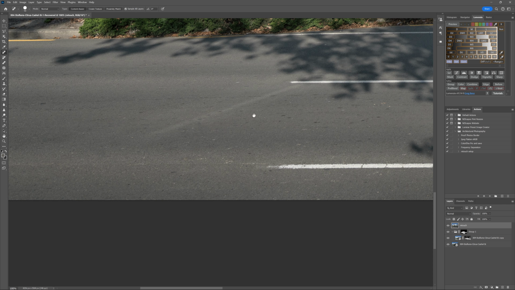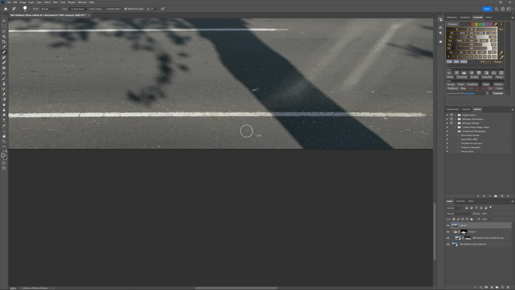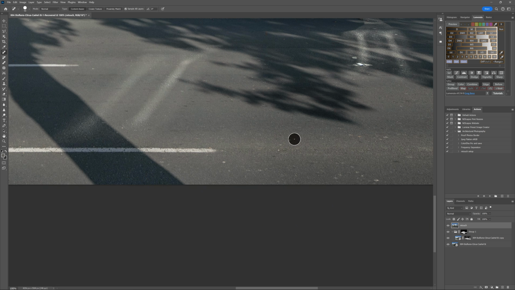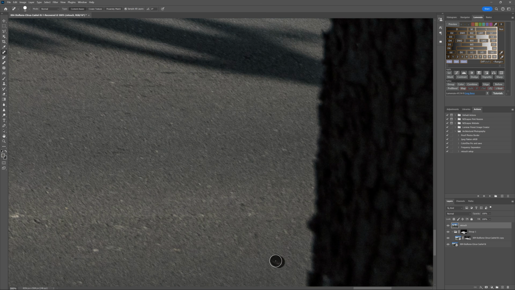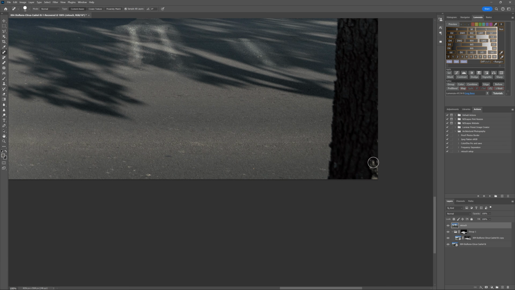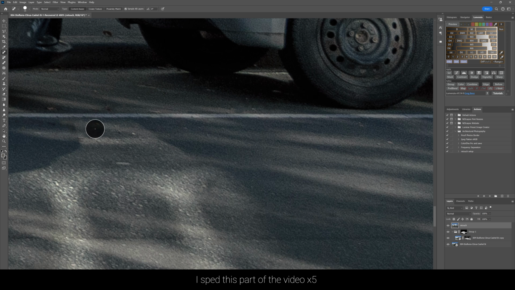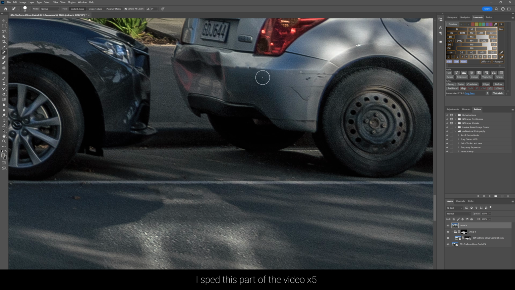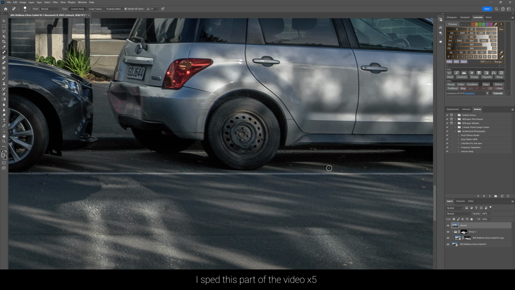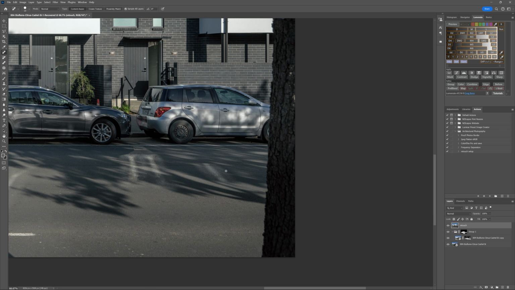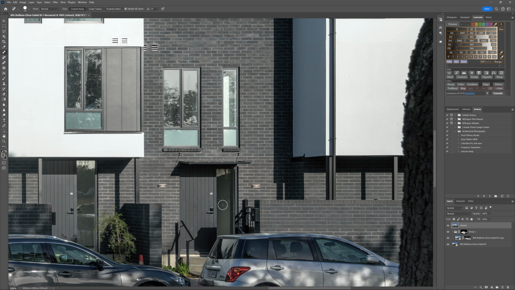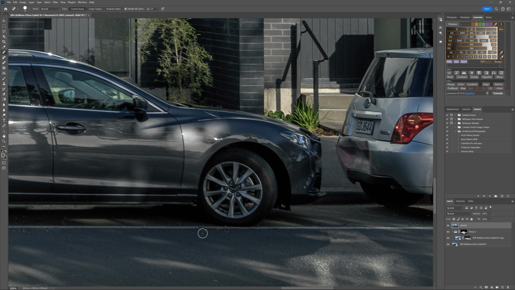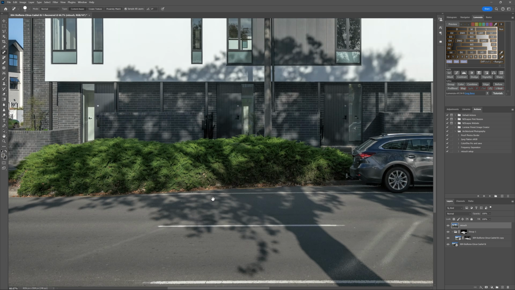You can usually have a brush that's quite a bit bigger than the area you're trying to clean up, and it will leave those pixels that aren't distracting alone and enable you just to come and click over the little things that just catch in your eye. It's actually pretty easy to get lost in the weeds when you're doing something like this, so I would recommend you set yourself a timer, have a time limit in mind, and just go to that. Don't do any more than the time limit you've set. At the very least, it's just going to bring an awareness to how long you're spending doing this kind of